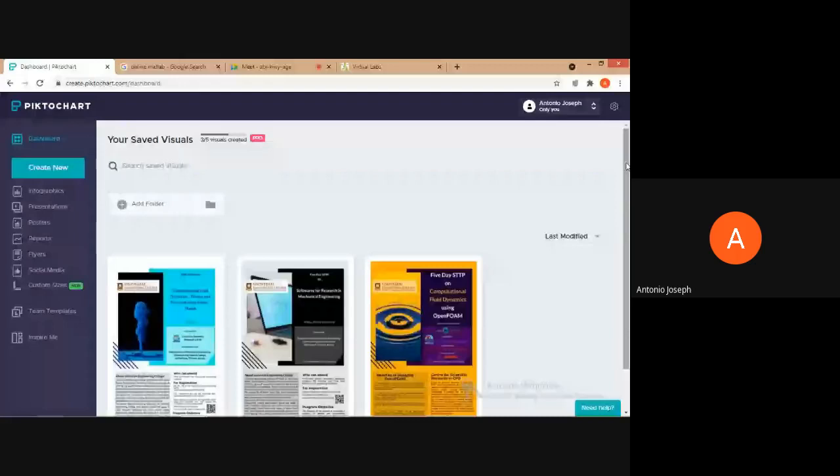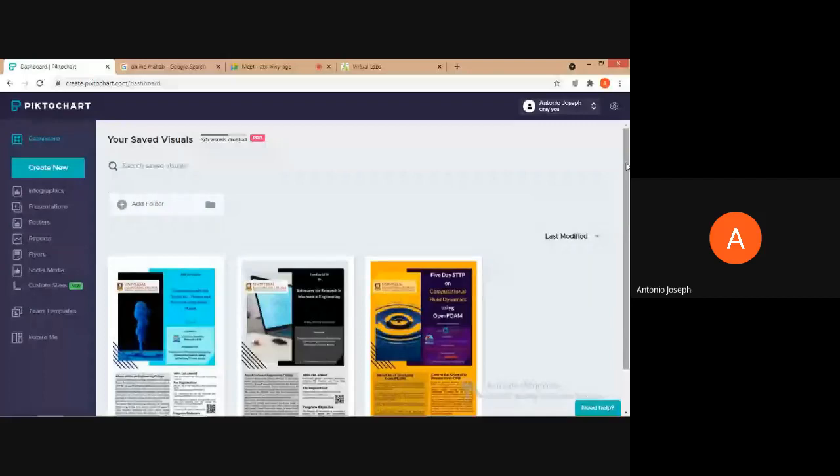If we keep the visuals in that saved space, then later on, if we wish, we can modify the brochures or whatever content we are creating. So that can be used for later purposes also. That will be a major disadvantage while we are looking at the PictoChart free version.